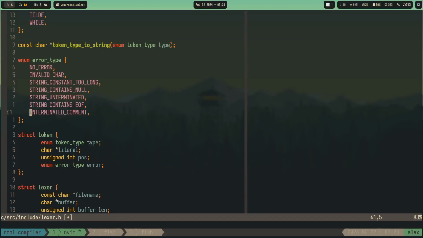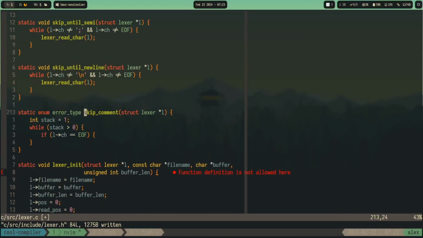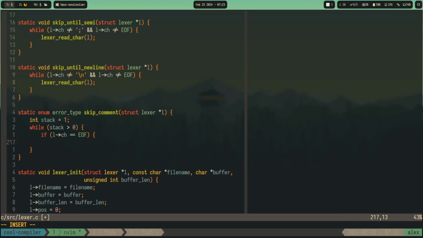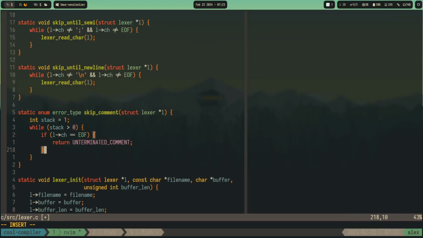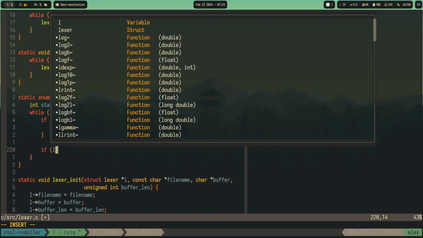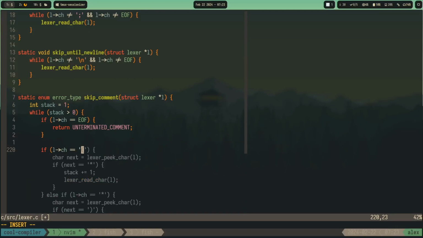So unmatched comment. Okay. Return unterminated comment. Okay. And on the else case here, if else h is equal to parentheses,